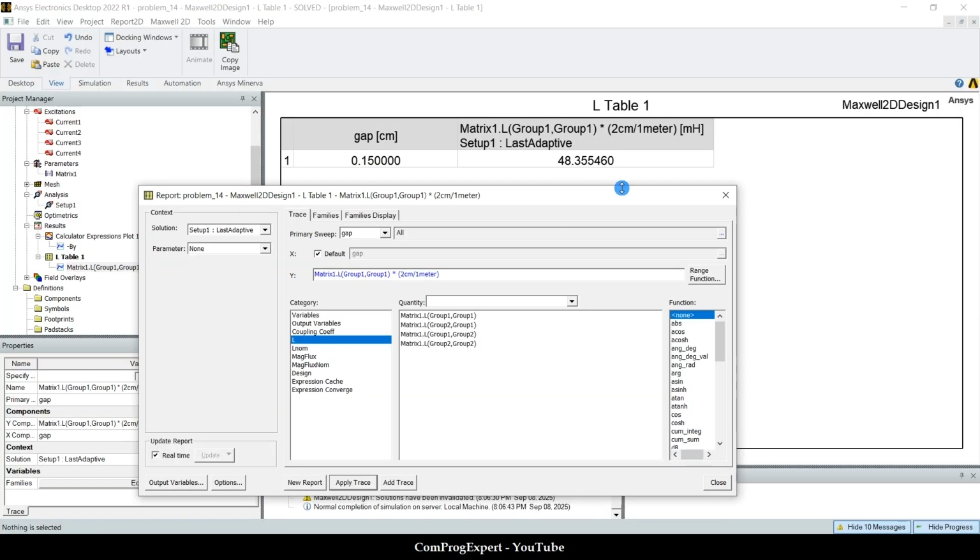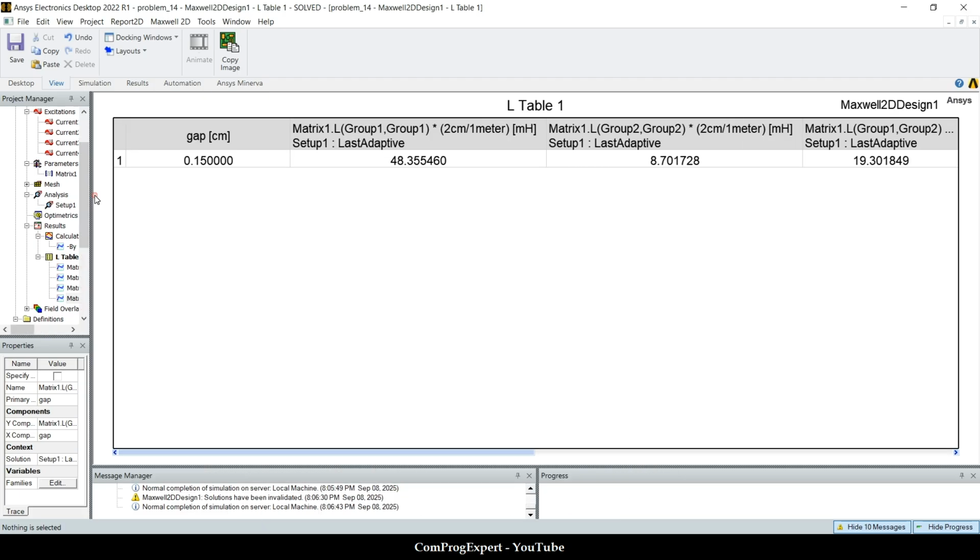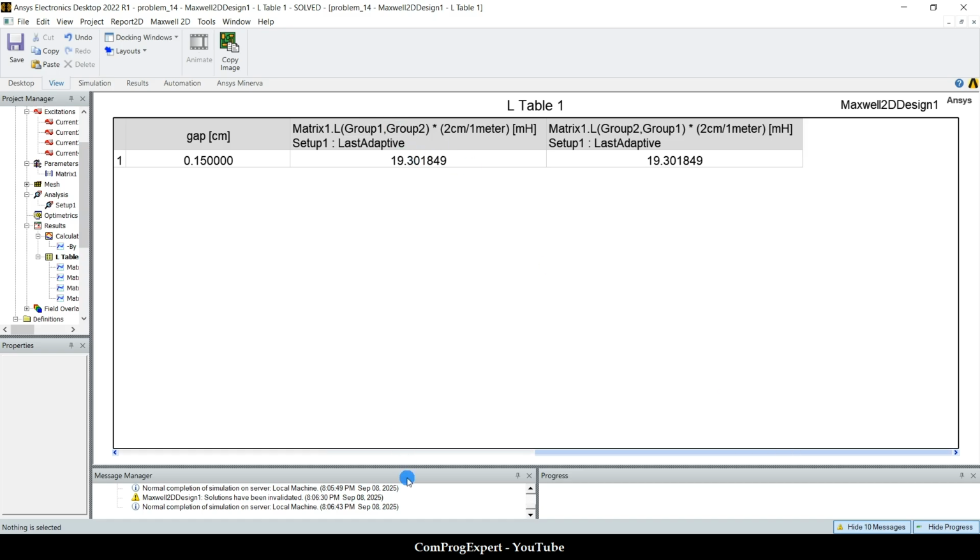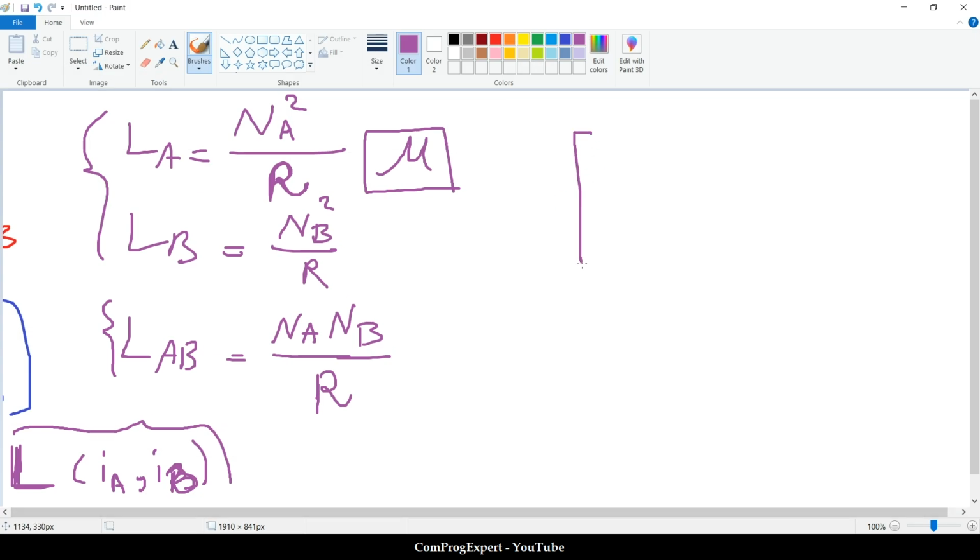6.7 millihenries. The same thing for the group B. Add 8 is a little bit higher. So what about the mutual inductance of group 1 to group 2 and group 2, 1? We know that the inductance matrix is symmetric. So here you can see these two numbers. Actually, we have this inductance matrix